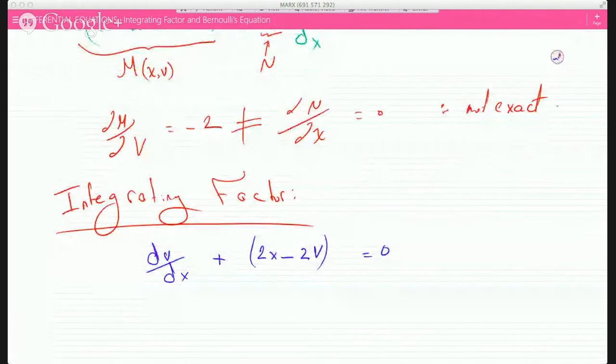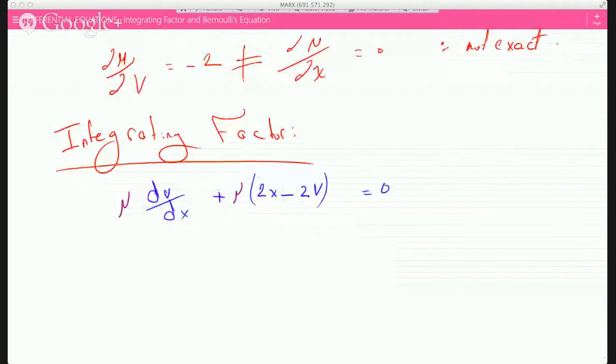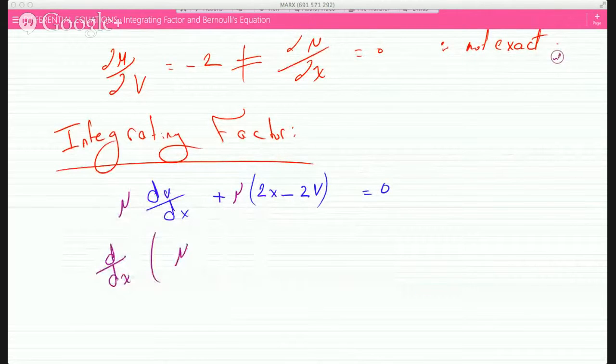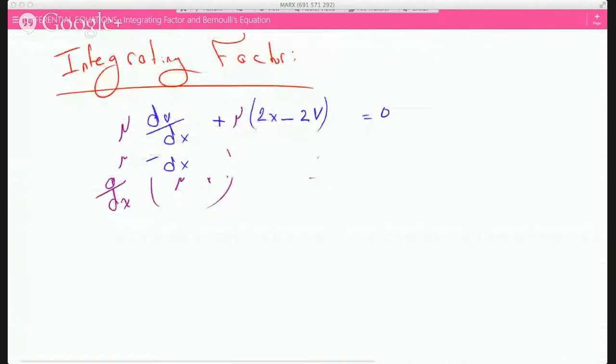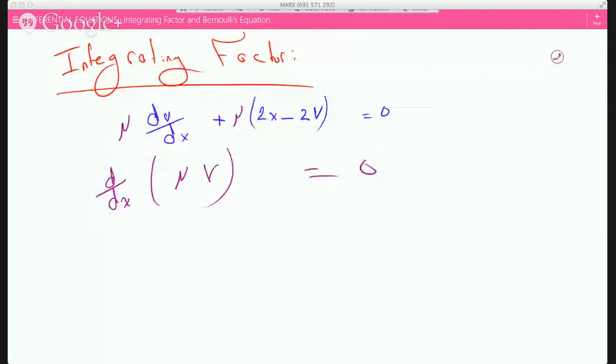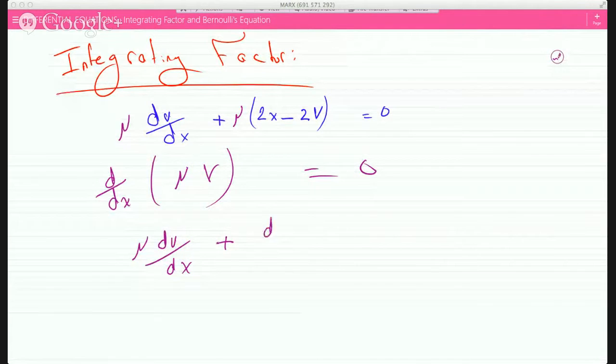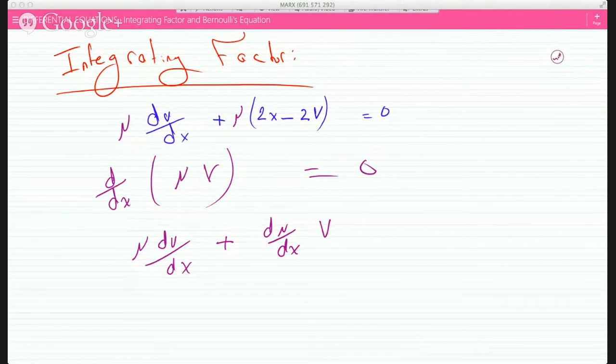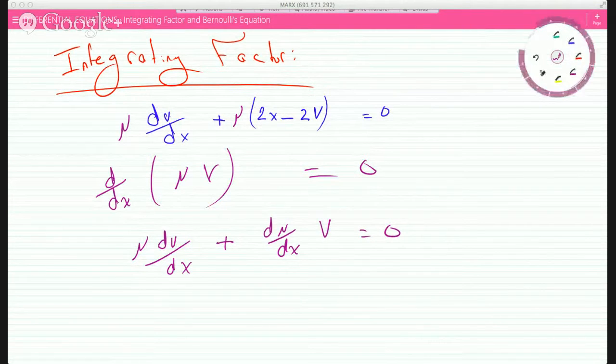So we're going to multiply by an integrating factor here and an integrating factor here, no? And we're going to claim that d over dx of mu v will get us the above. So if we apply the product rule, we get mu dv over dx plus d mu over dx, no, times v equals 0, which means